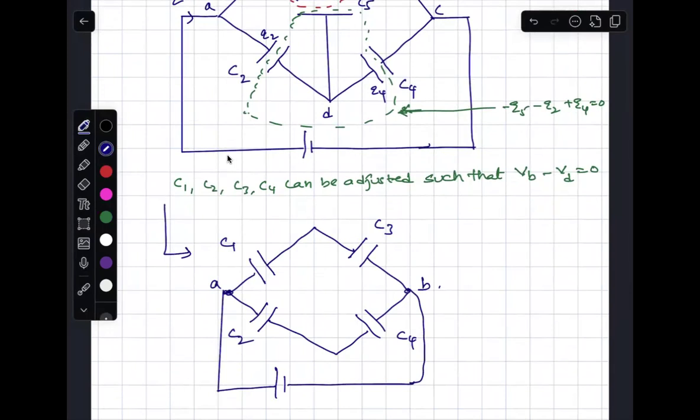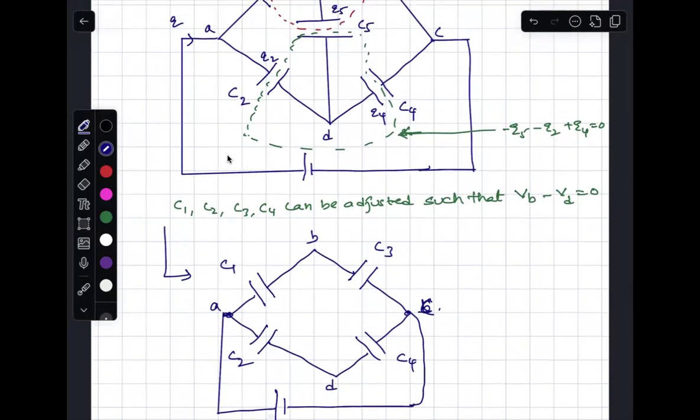Simply like this. C1, C2, C3, C4, whatever in between. BD, I have removed. Why? Potential difference is 0. Nothing flows through that. So in this case, what will happen,